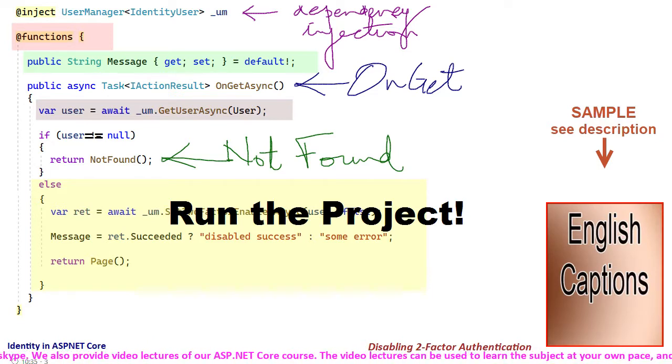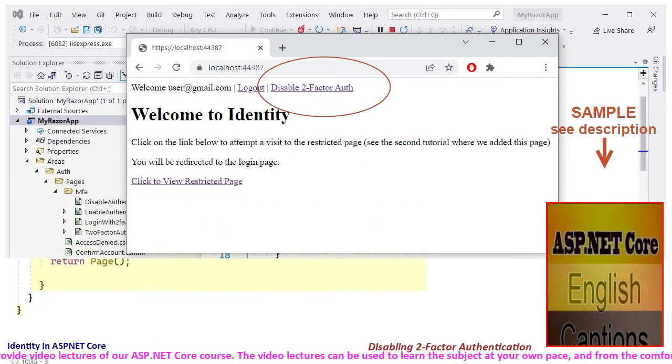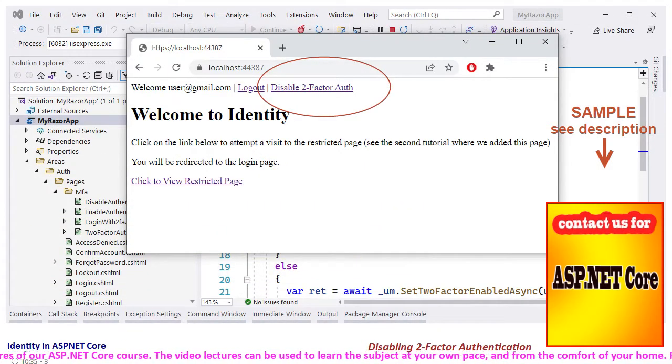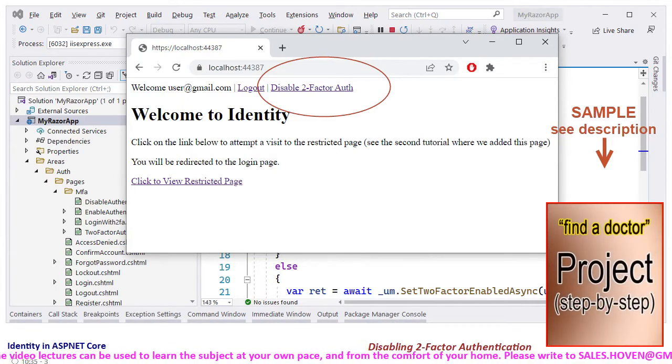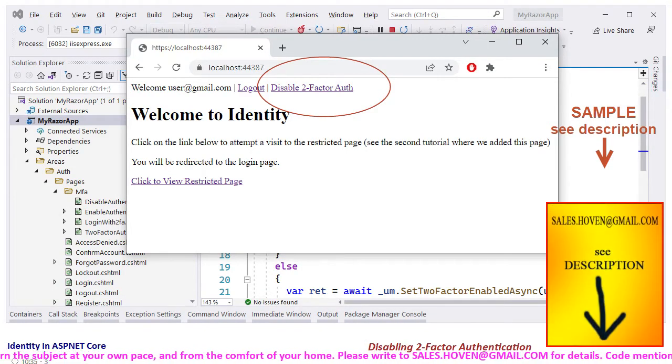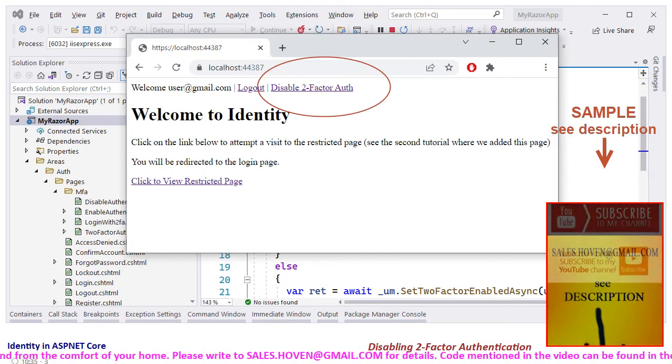Run the project and do a two-factor login. Ensure that the account you use here should already have two-factor authentication enabled. We have explained all this in the previous tutorials. You can refer to those tutorials for this. Now we can verify that the link